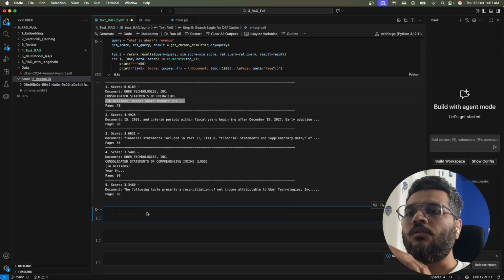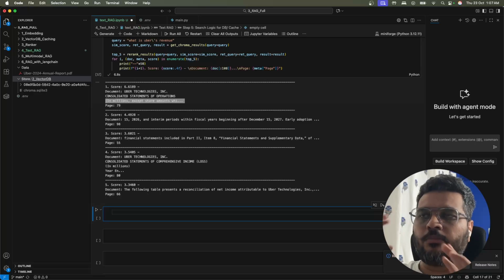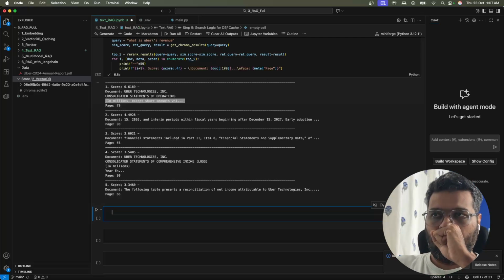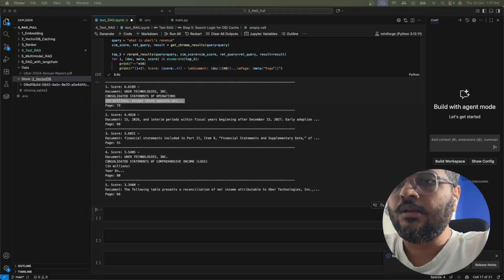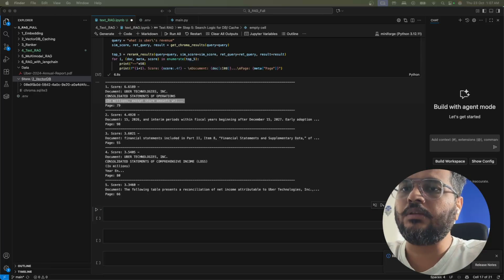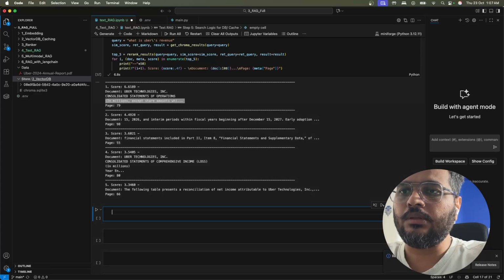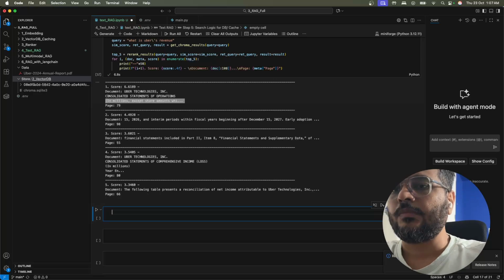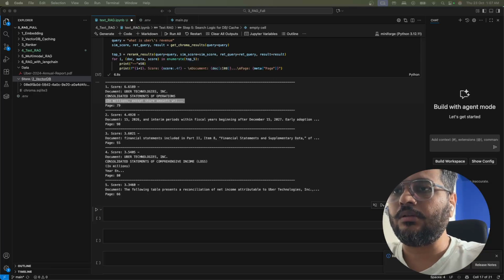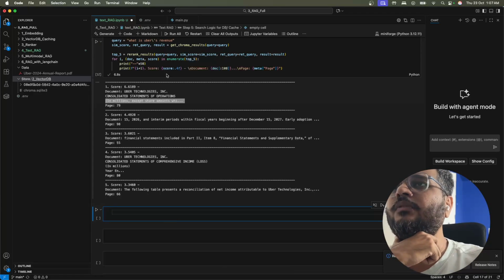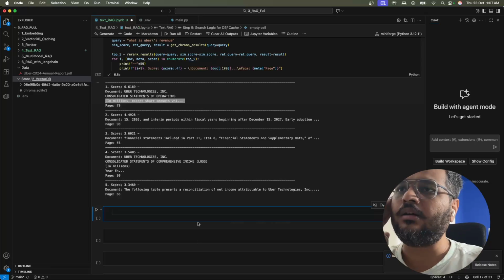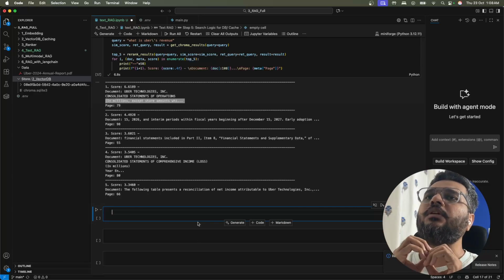Okay, so now let us do the most important part of the RAG, which is dealing with the LLMs basically, right? So here, what we will be doing is opening the LLM in this. Now comes the most exciting part of this tutorial. Okay, so great. So we have the results, and what I will be first doing is I will be taking